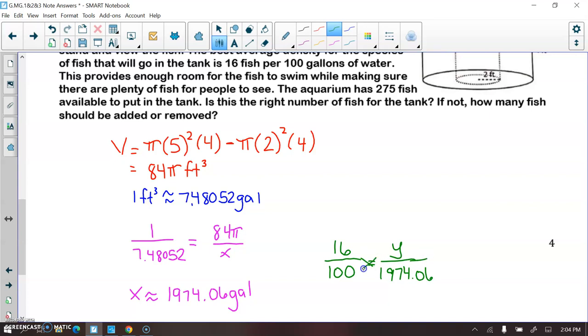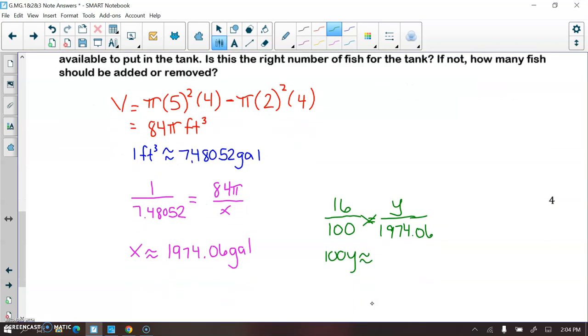So I'm going to cross multiply. I wind up with 100y is approximately equal to, because I did round, 31,584.96, and then I'm going to divide by 100. So I get y is approximately equal to